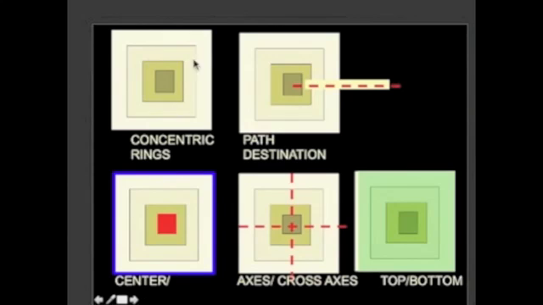So we have a series of concentric rings. Here, not spatial rings, but actual solids. The terrace, the terrace, the terrace, the terrace. We have an axis that cuts into it. We have a center. We have a perimeter. We have the cross axes establishing a center. And here we have top and bottom, as well as inside and outside.